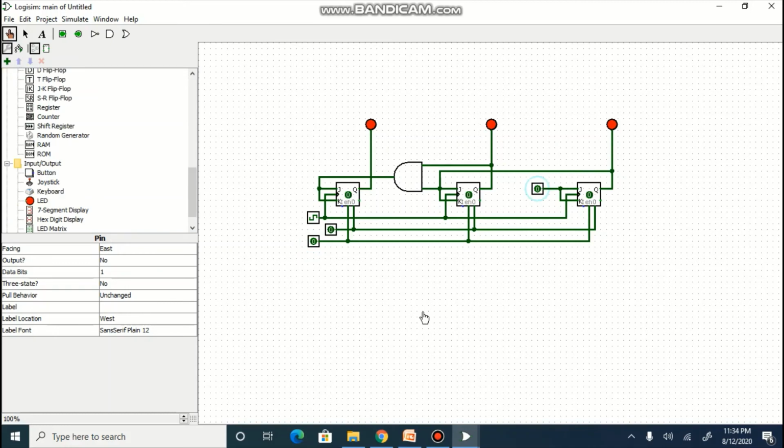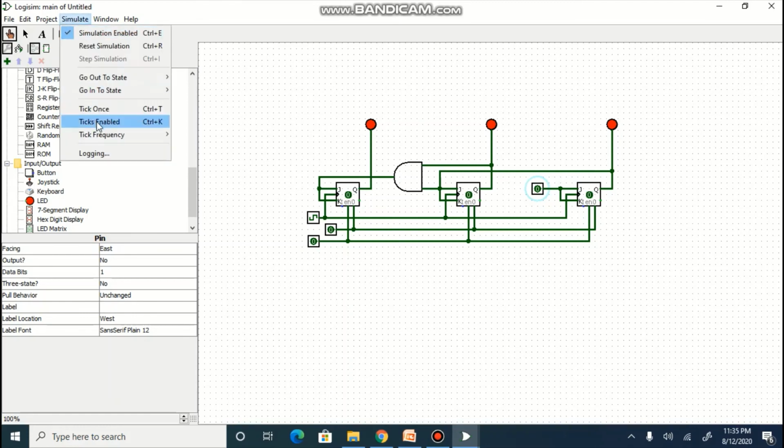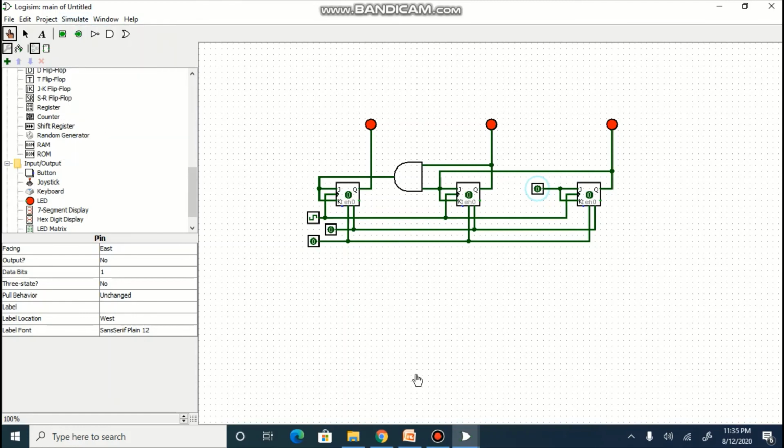Now instead of the output pin, I have connected LEDs and I have performed settings such that when it is on, it will show in green color. When it is off, it will show in red color. I'll again start the simulation by using tick enable.